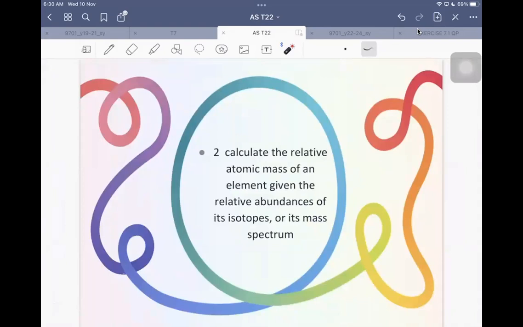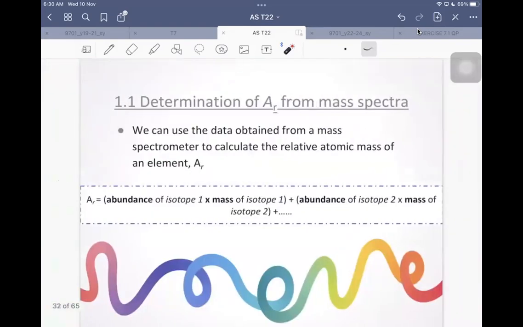Okay, now we next want to calculate the relative atomic mass of an element given the relative abundances of its isotopes, or given its mass spectrum. So you need to be able to analyze the mass spectrum. So how do we determine the AR? AR here, we're talking about the relative atomic mass